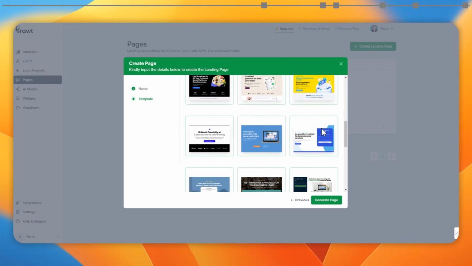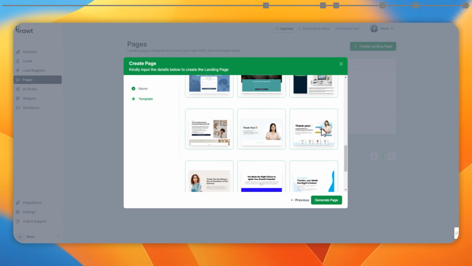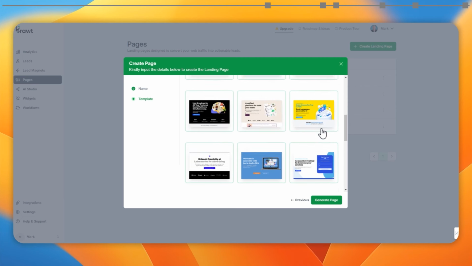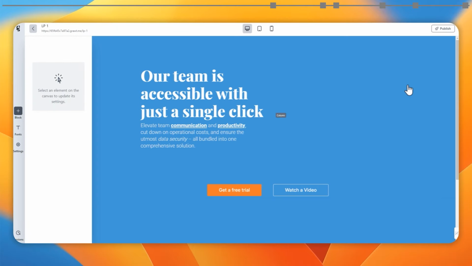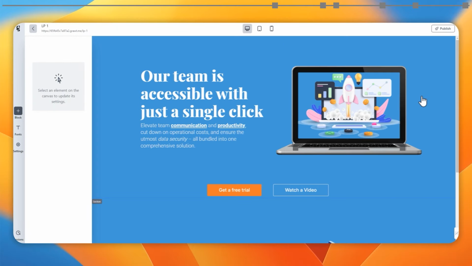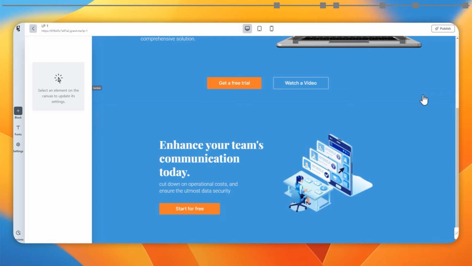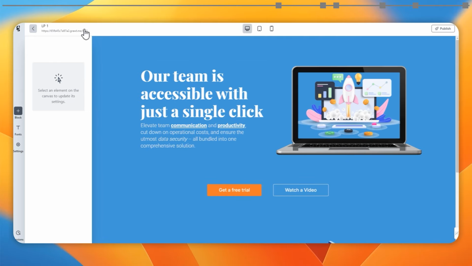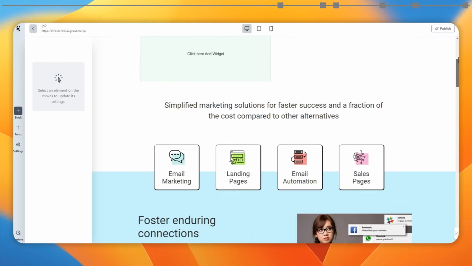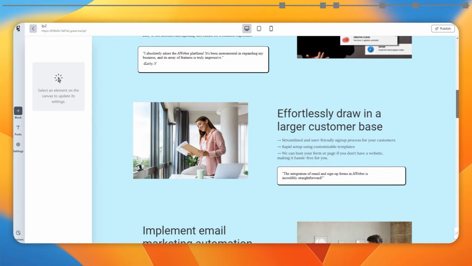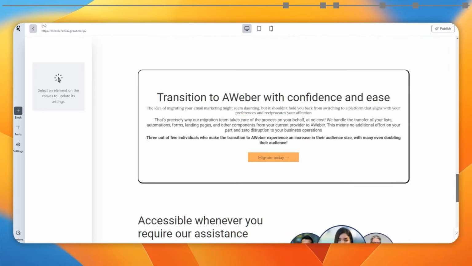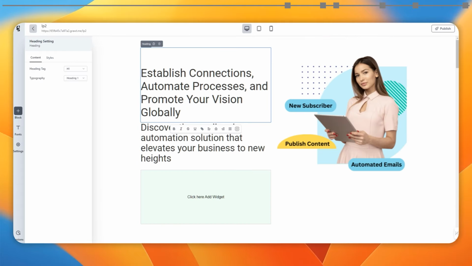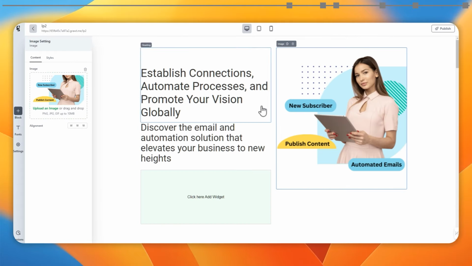To pair with that, you'll want a landing page to capture details. So from your video, you direct people to check out and download a lead magnet. And that's where this second deal comes in. It's called Grawt. It's got a range of landing pages. Some are pretty minimalistic, just a very basic couple of sections, whereas others look like full websites, which I'm quite impressed with. And of course, you can go through, edit and update all the text and the images. It's got plenty of blocks to keep you going. And so this is a very quick way of spinning up a landing page for you to point people to